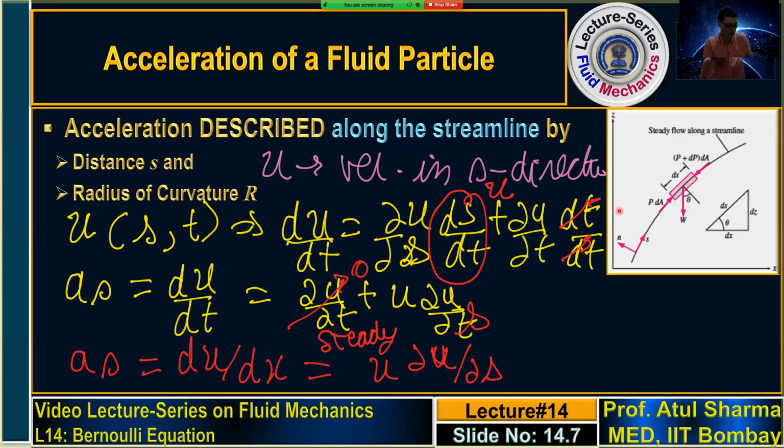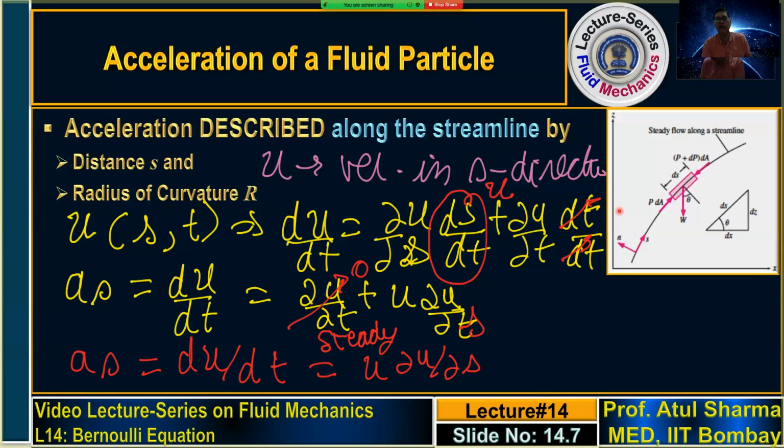So the acceleration for a steady flow in a Lagrangian system, I had mentioned, is a single term. This is du by dt equal to u del u by del s. So in a Lagrangian system, the acceleration is a single term, but in an Eulerian fixed position system, we have two terms, and in a steady flow, I had taken an example of flow through a nozzle in an earlier lecture,